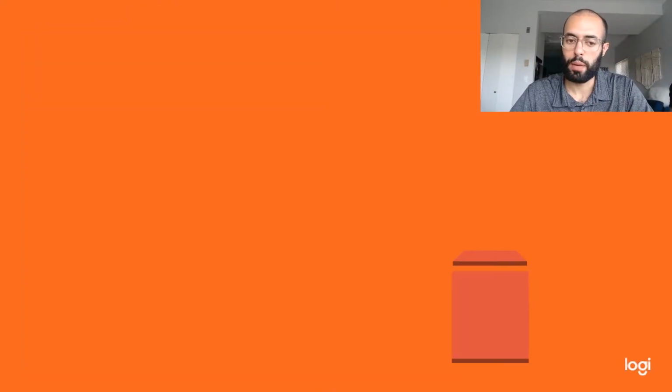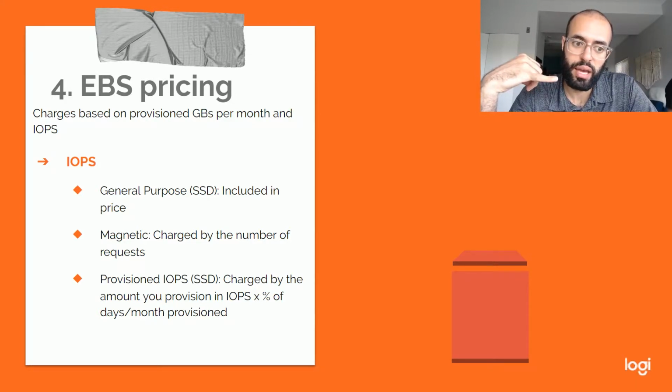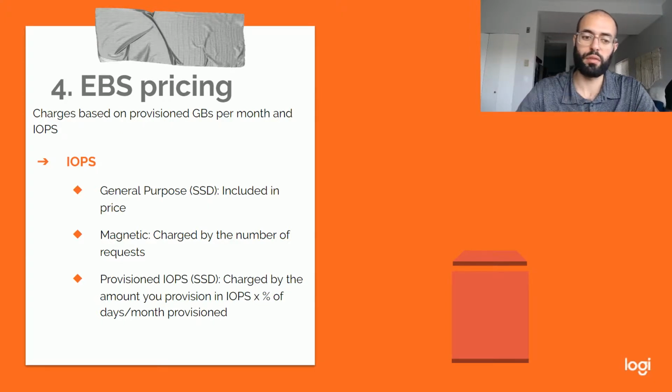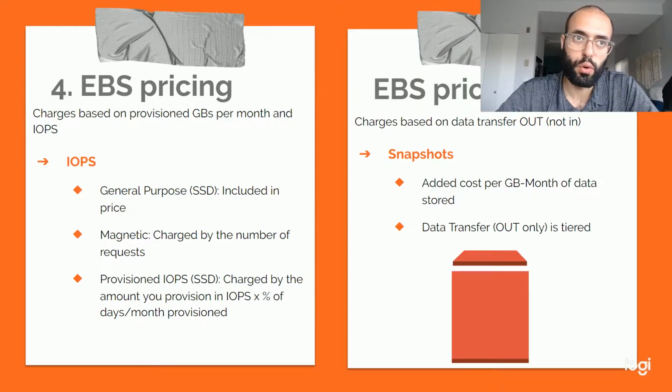All right, next up, we talk about EBS, or Elastic Block Store. EBS is charged based on the provisioned gigabytes per month and the input outputs per second. So again, this concept of capacity and data transfer. The type of EBS that you get will affect your price, so whether you get an SSD or magnetic. Each obviously has a different classification of performance and use cases, so you'll get charged as I've written here. You can also get the provisioned IOPS, which is charged also with this given formula right here. One of the benefits of EBS is, of course, using snapshots to back up your data. Those snapshots also incur an additional charge. However, it's less than the actual EBS usage.